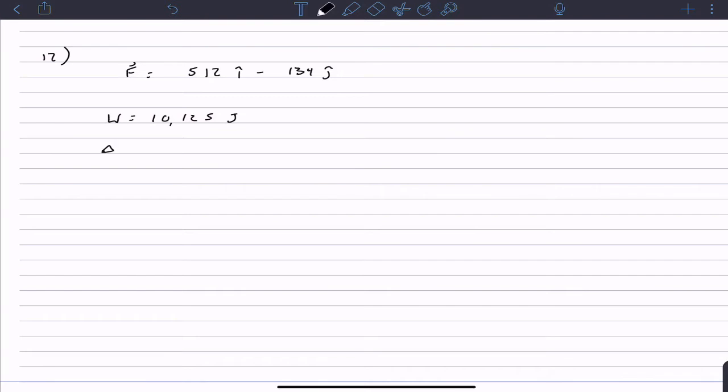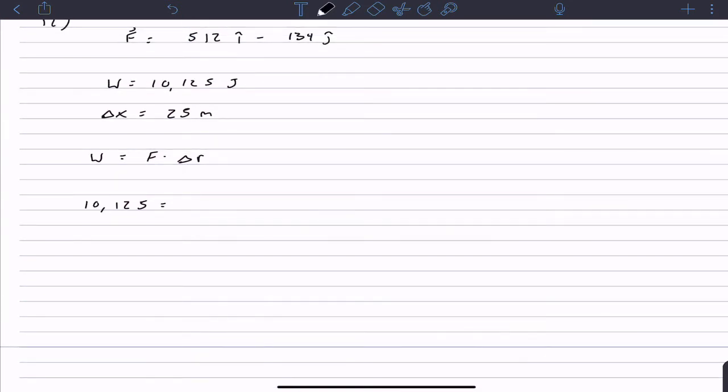And we're told that the displacement in the x direction is equal to 25 meters. Okay, let's recall that work is equal to F dot dr. In this case, we're just going to use deltas, delta R. Okay, so we have a dot product. So then we're given work, so let's do this. 125 is equal to our force vector dotted with